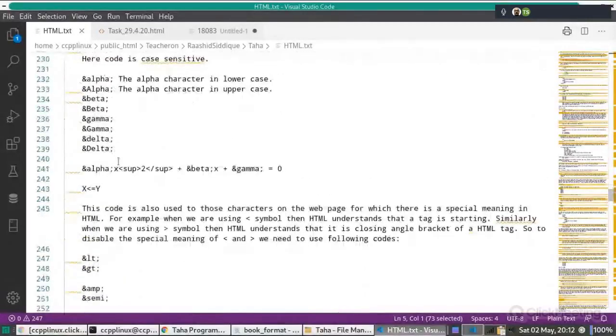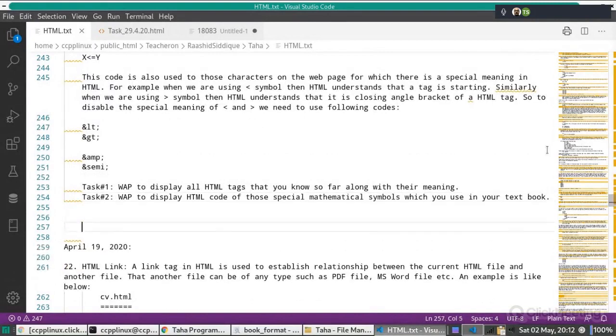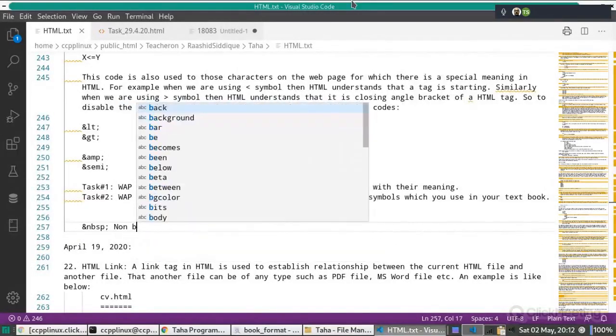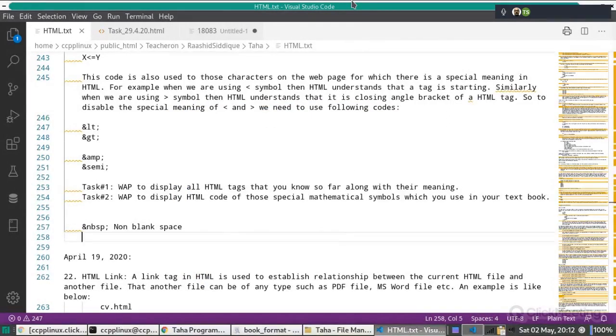So there is one more special character that I forgot to tell you. This is ampersand NBSP semicolon. This is known as a non-breaking space. Oh yeah, I saw that on W3 Schools. So suppose if you want to put more space between two links or two words, then you can use this ampersand NBSP semicolon.